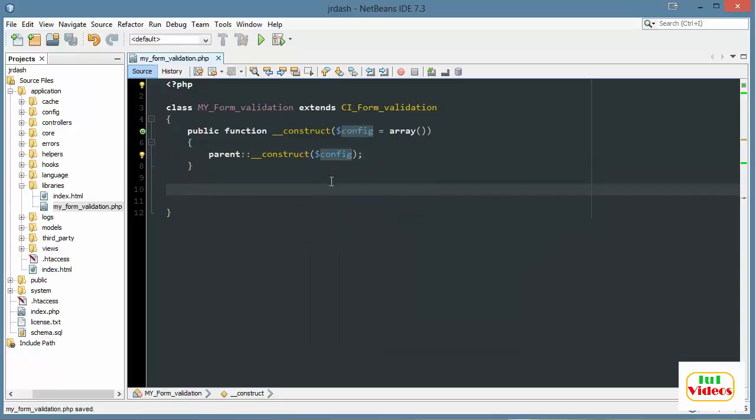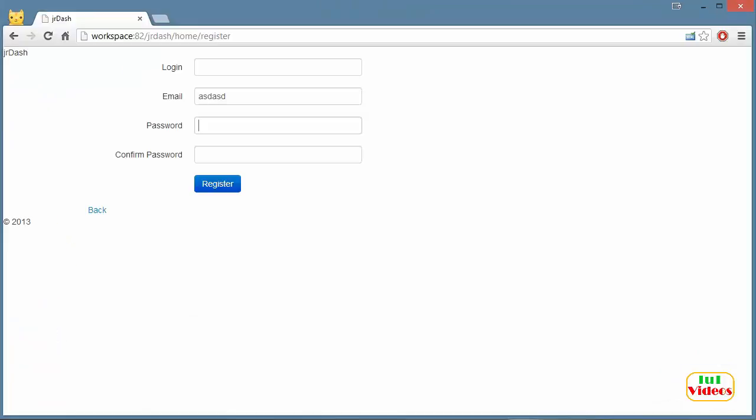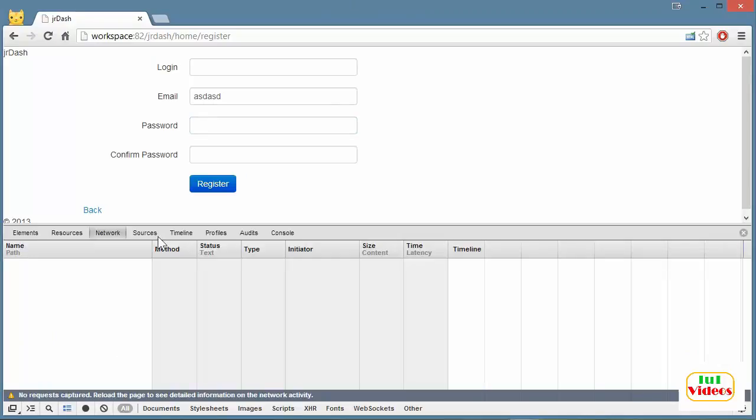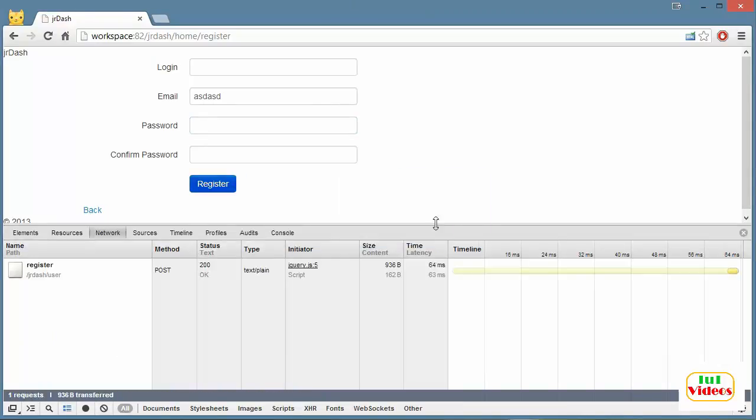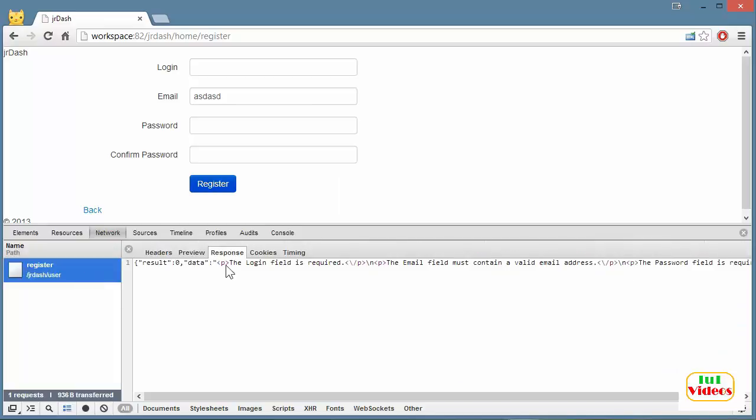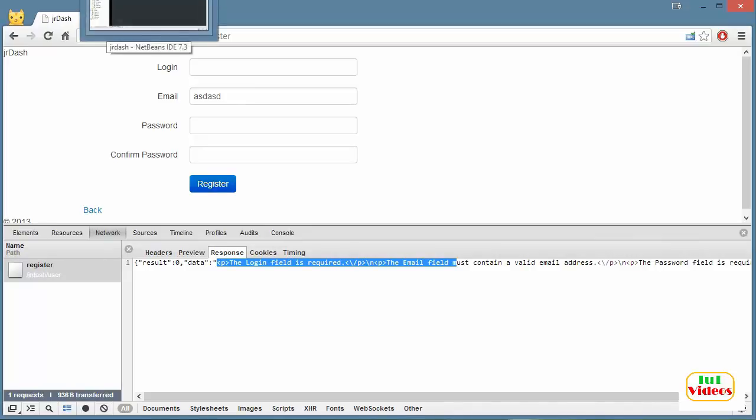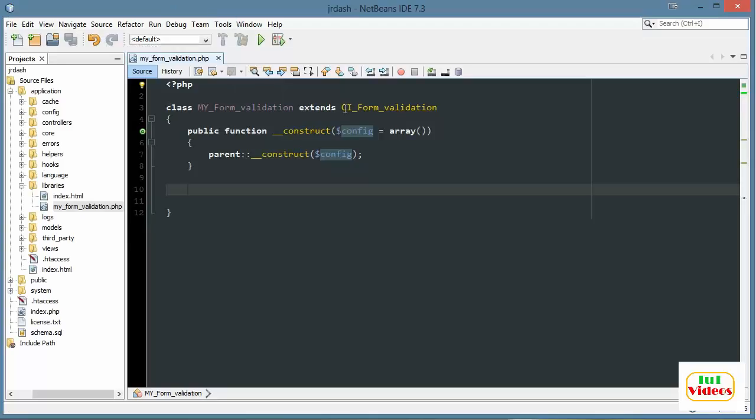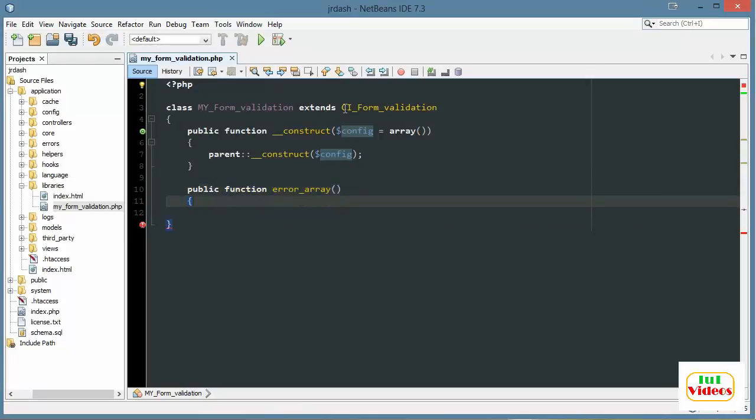Okay, so you remember when we were doing our registration, I'll open up console with Control-Shift-I, and I register, and our data is all this in paragraphs. I want an array of errors because it'll be easier to loop through in JavaScript. So let's make another method. I'll say public function error_array. I do wish this was included. I'm not sure why it's not. So we'll return this error